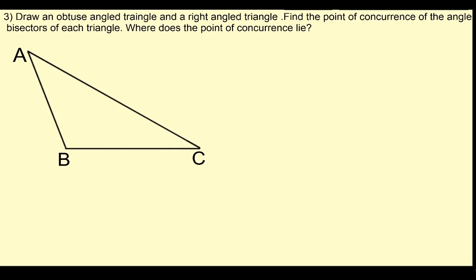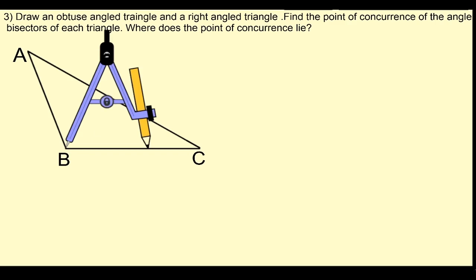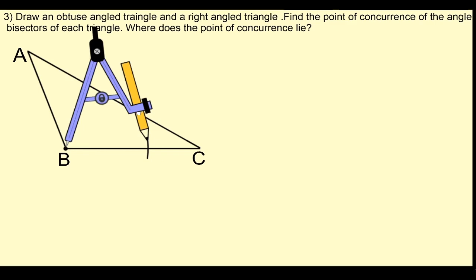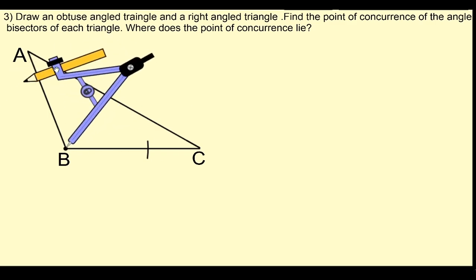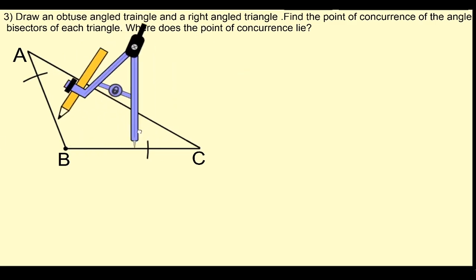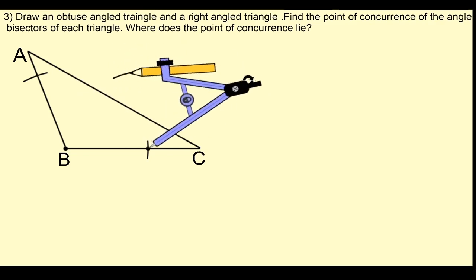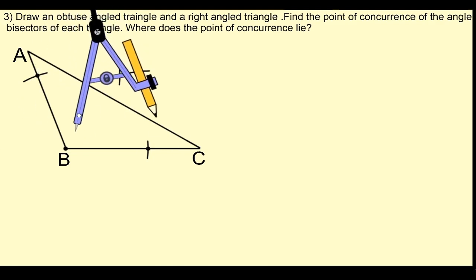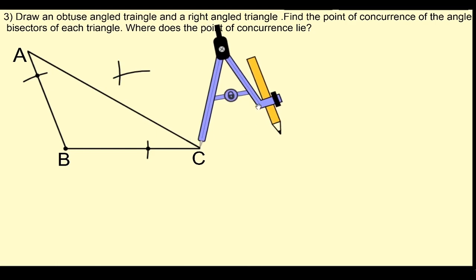In order to draw the angle bisector, we need a compass. First, place the steel head of the compass on point B, take a radius of more than half, and draw arcs on both the arms of the triangle. Now place the steel head on the point where the arc cuts the line and draw arcs similarly. Let's do it with the other point now. Now, if you want, you can draw the line for the angle bisector. But in this construction, I will draw it at the end.